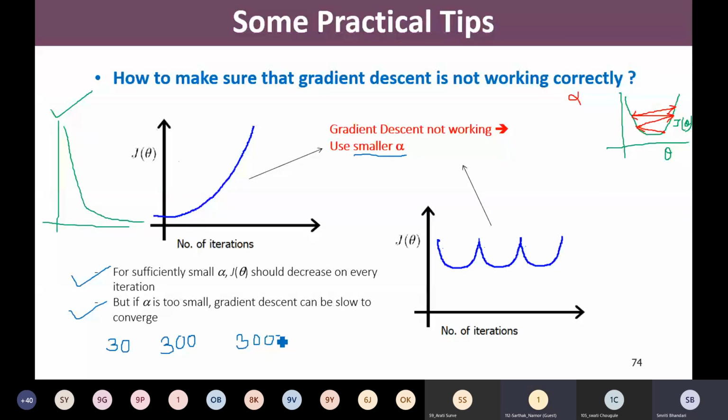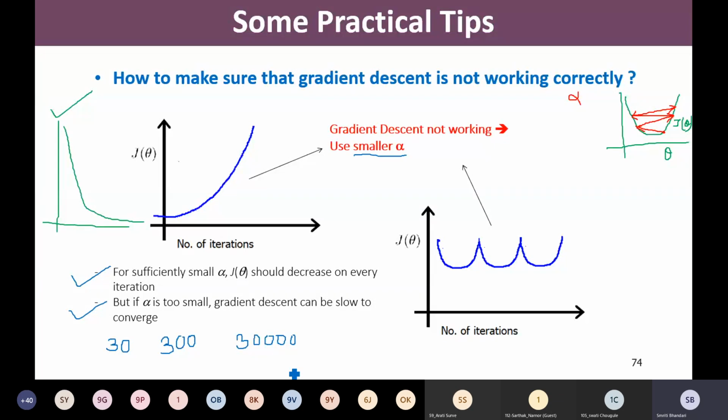Right? So depending on whatever is the problem statement, and whatever is the data set that we have, the number of features we have, the number of iterations I will require may vary, right? But what we need to do while implementing is observe for some time whether my g of theta is decreasing. If g of theta is decreasing, but it is taking too many iterations, then what we can do is we can slightly increase the value of alpha.